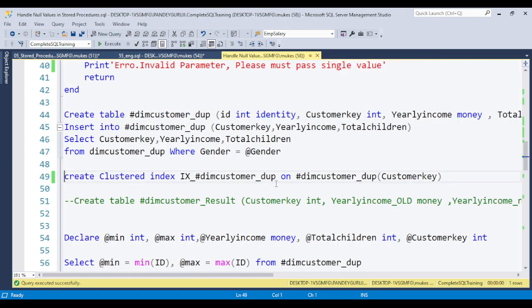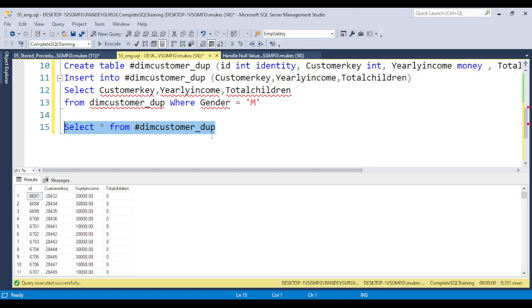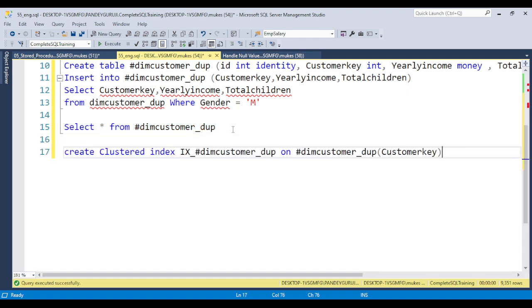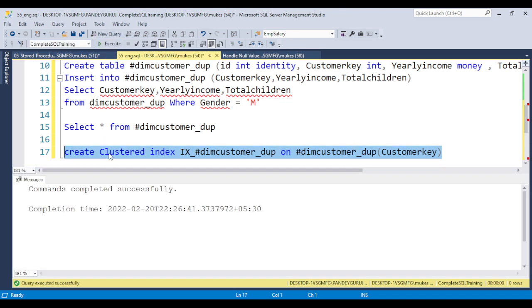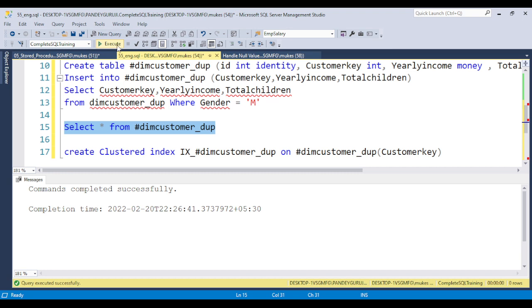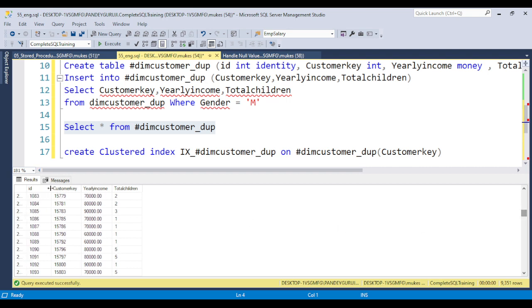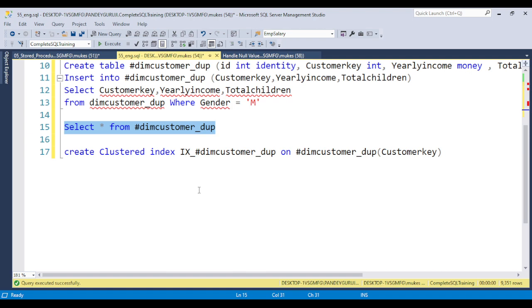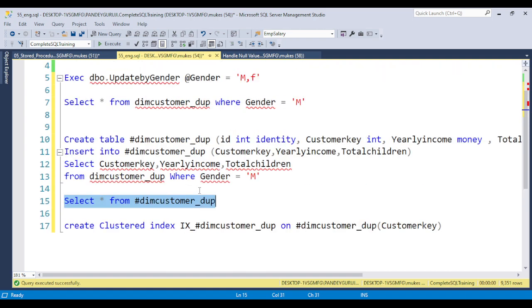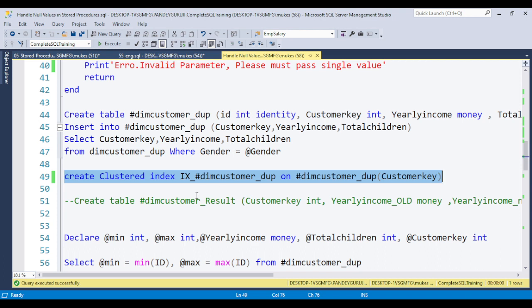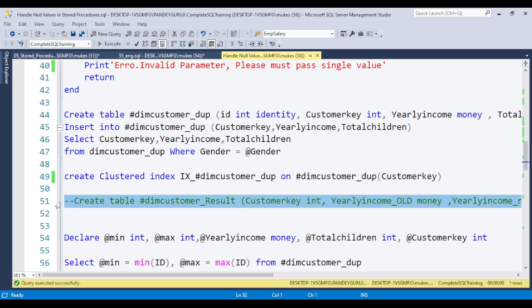So we always create indexes. I already covered the indexing part in the last video. When you create the index and execute, you can see the data got sorted automatically: 87, 88, 89. So now you can see we have the data sorted. We need to be more careful while working with data, and always focus mainly on performance. Because I created a temporary table, there are no indexes, so we always need to create the clustered index.